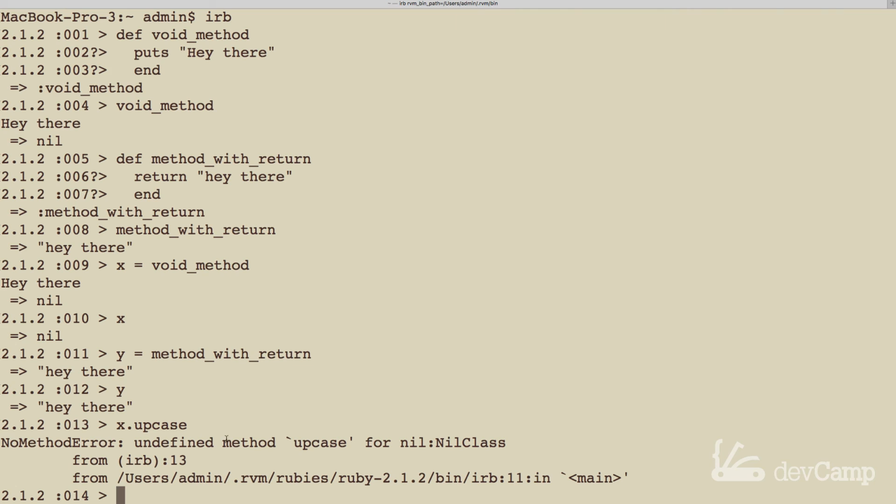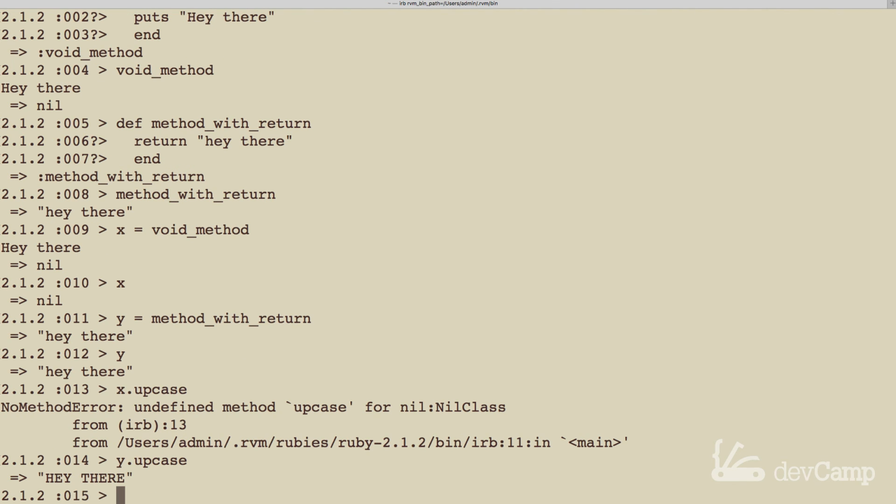So what happened here is Ruby looked at x and said, okay, I'm going to try to use this method on x. It went inside of it and found nothing, because it's just nil, because that's what got stored in from our void method. Now let's see what happens if I do y.upcase.